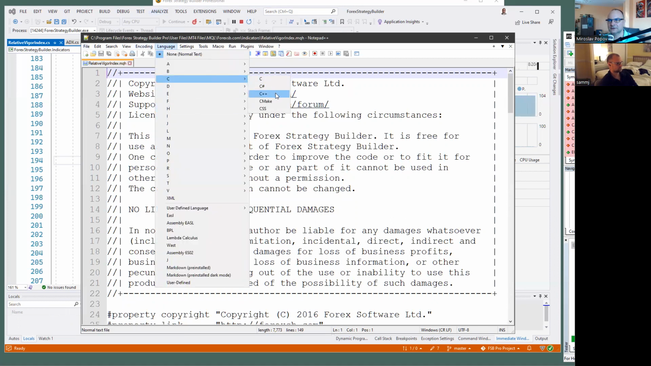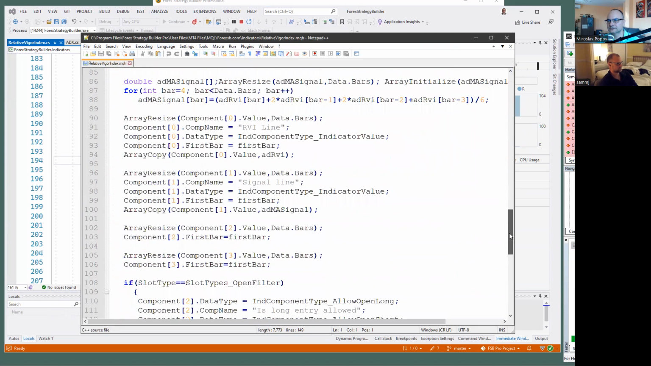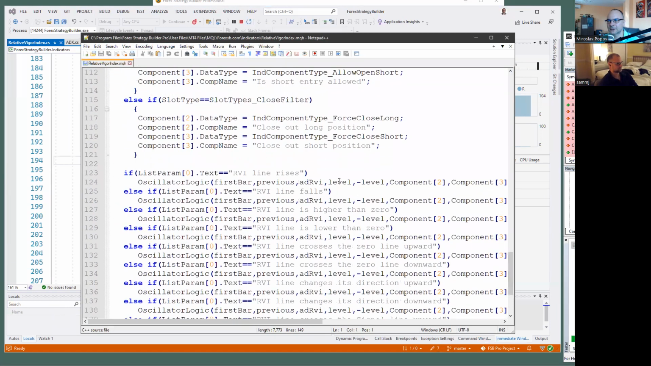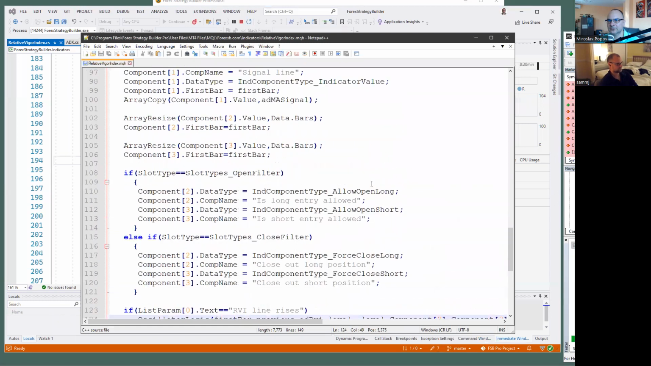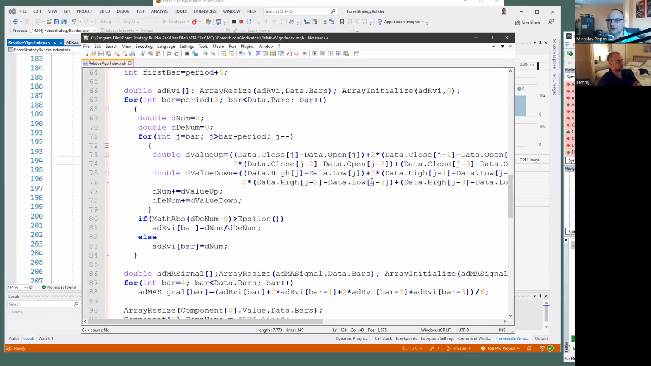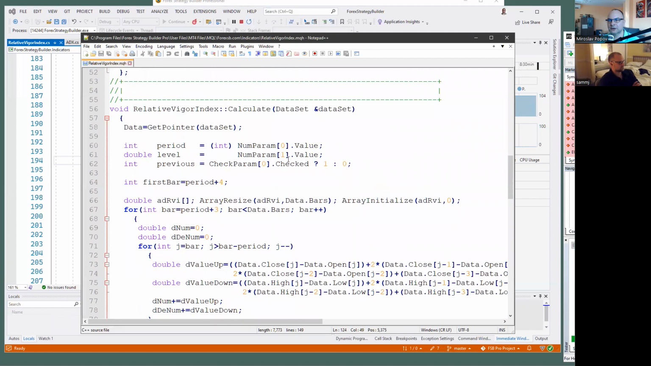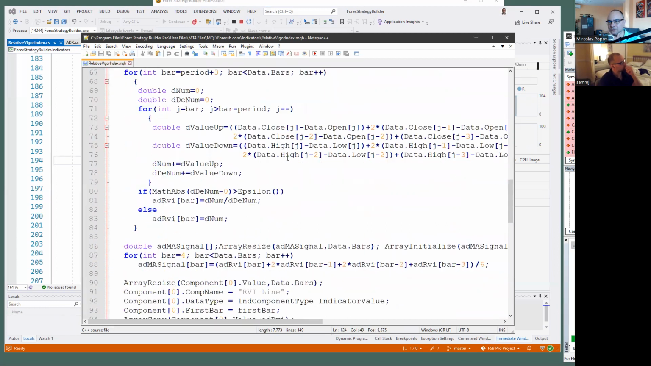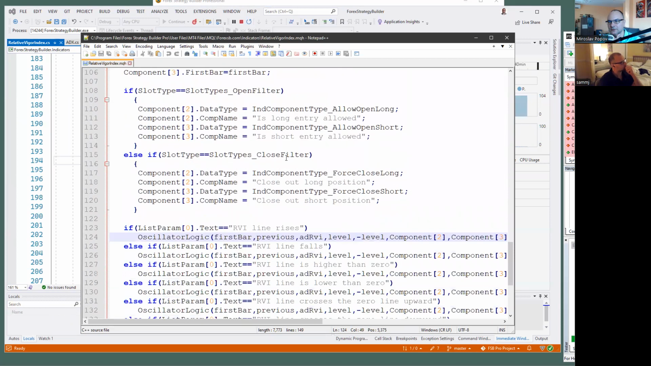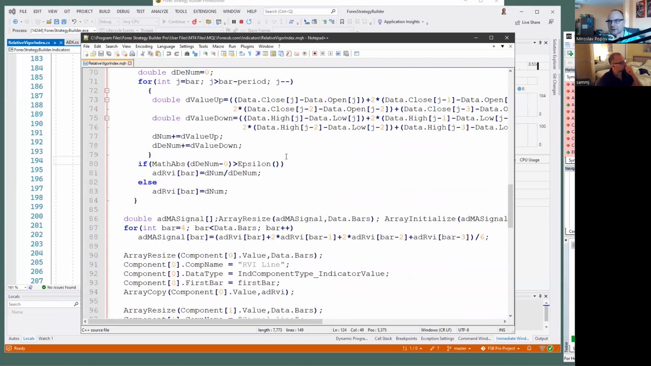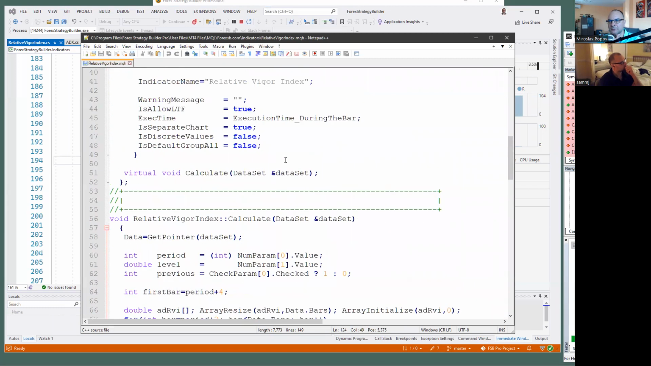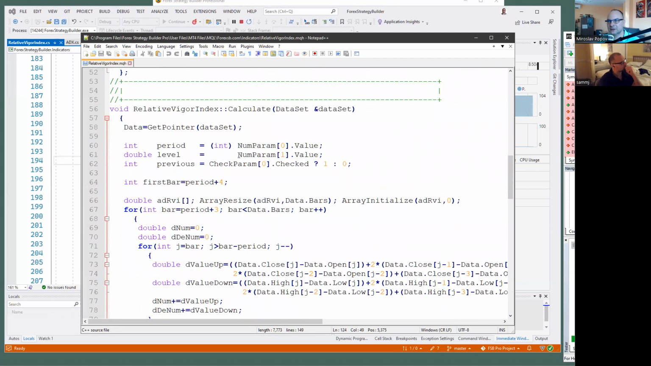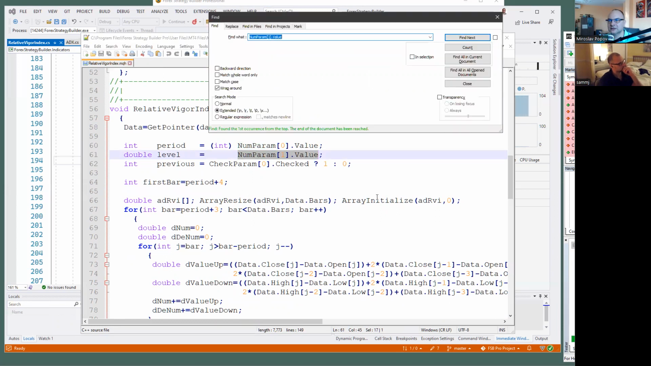Language C++. Level and minus level. We read the level from numeric param number 1. Okay. This is good. And the program sets the level, right? We saw that. The Forex Strategy Builder sets the